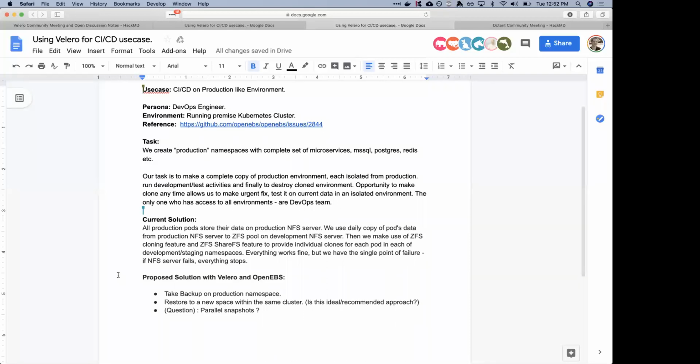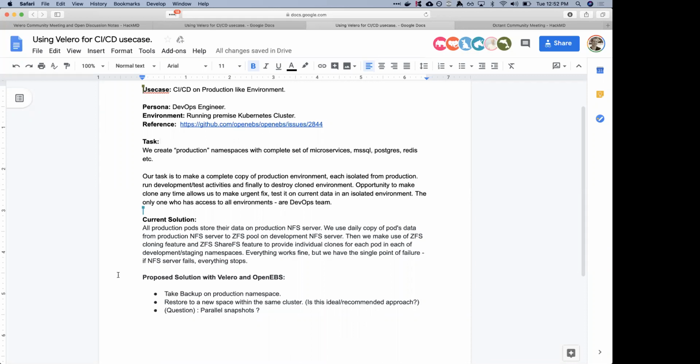So I did notice that with a cloud solution like AWS EBS, I'm actually able to get this done via Velero. But with an on-premise solution, the backup depends on the plugin. At least with OpenEBS, I think I need to make some changes where I need to have some way to say that this is a local snapshot.